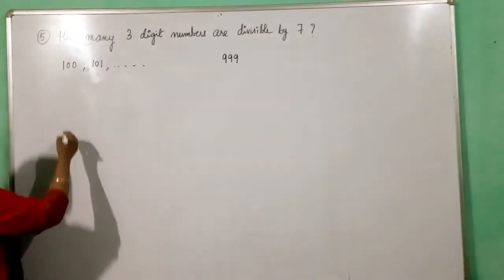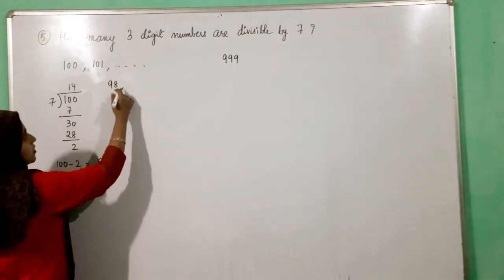So what we will do, we will divide 100 by 7. Okay, so I am dividing 100 by 7. So 7 ones are 7, 7 fours are 28. So what is the remainder? Remainder is 2. Okay, now I will subtract this remainder from 100. So 100 minus 2, I will get 98. So 98 is the number which is divisible by 7. Okay, because this 2 was extra, that is why it is a remainder. So if I subtract that 2, I will get 98, which is divisible by 7. Okay, so 98 is divisible by 7.